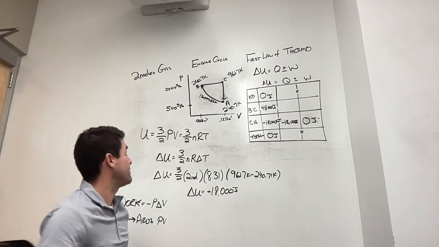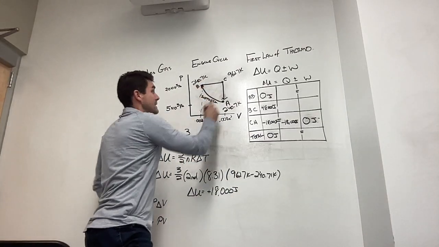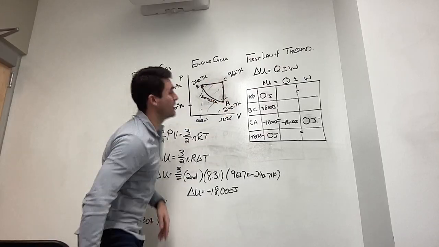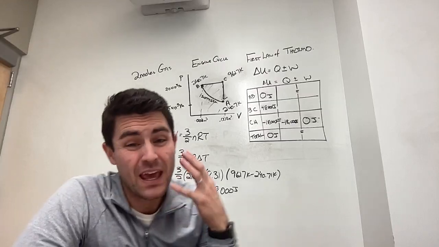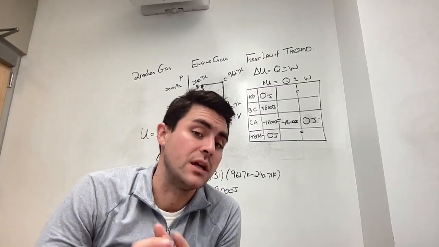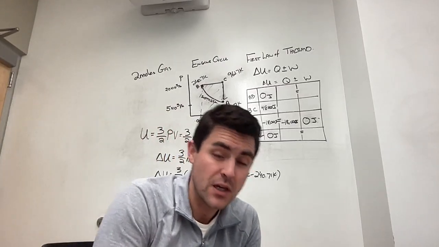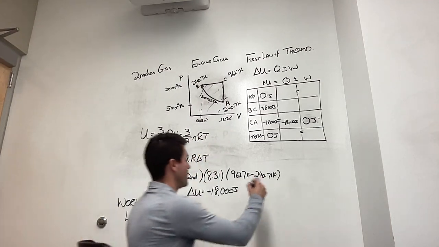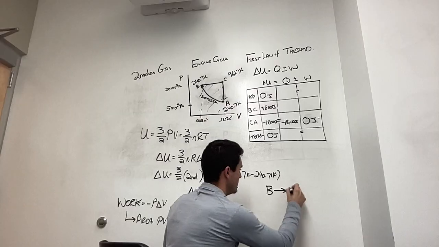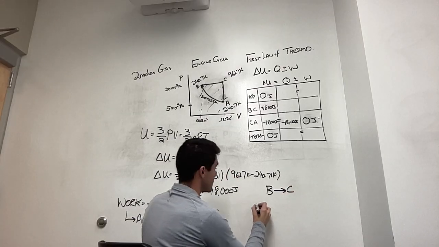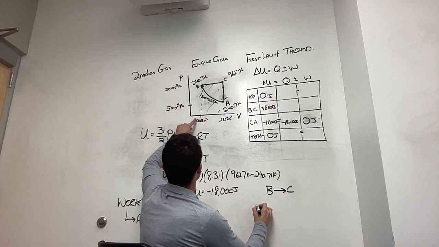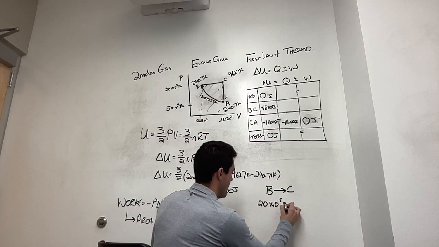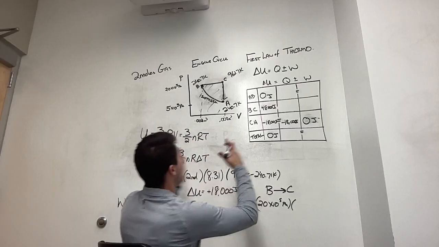Let's look at B to C. If I look at B to C, what I can see is that this kind of shaded region right here is a clear rectangle, and the area under that curve is going to be the work done from B to C. So if we do that area from B to C, we can put it over here. The area is going to be, let's see, the height is 20 times 10 to the 5th pascals. That's the height. The width is